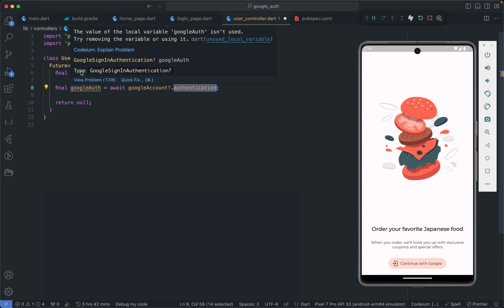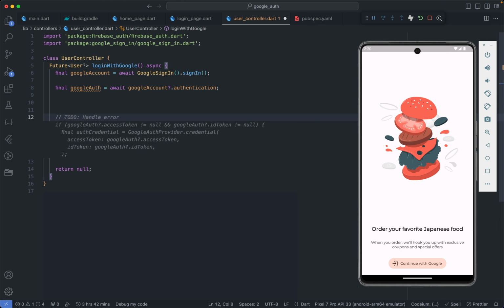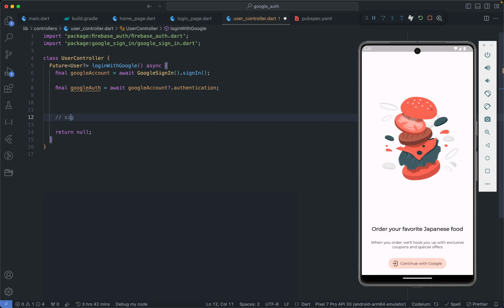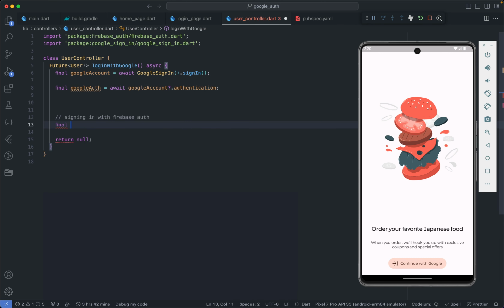If we look at the type, this is Google sign in authentication, and the actual thing we want to achieve is signing in with Firebase Auth. To sign in with Firebase Auth, we need to provide credentials from our Google Auth, which is the Google account authentication. I'm going to create a variable called credential,